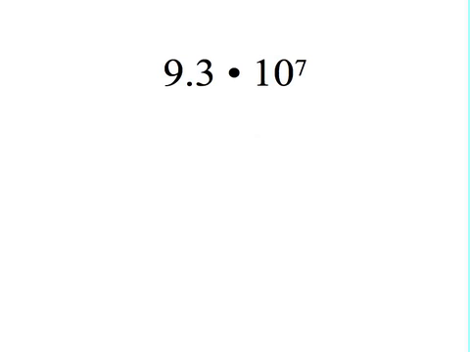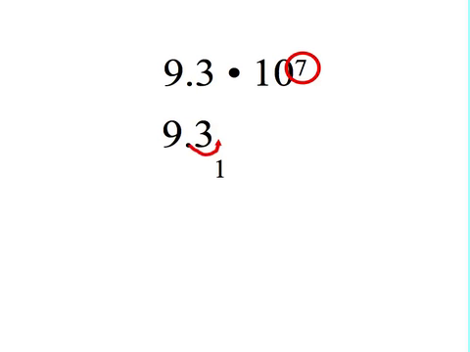Let's try to figure this out without using a calculator. We start with 9.3, and we're multiplying by 10 to the 7th. Well, you probably already know that if it was 93 times 10 to the 7th, you'd simply add 7 zeros. You look at the exponent, the 7, it's the key. But since it's 9.3 instead of 93, instead of simply adding 7 zeros, what we're really doing is moving the